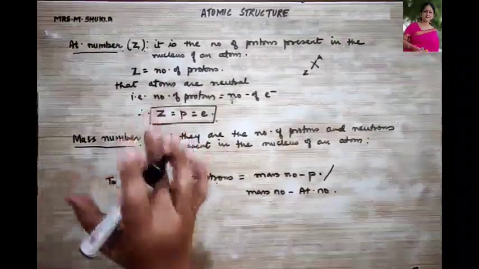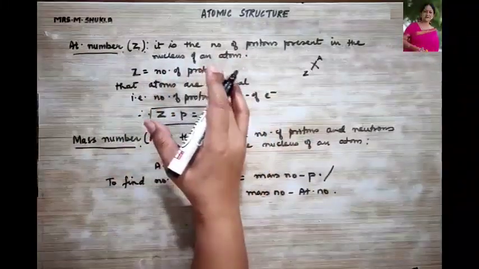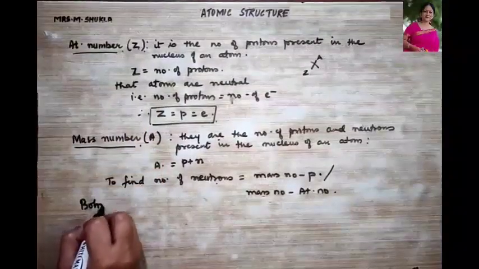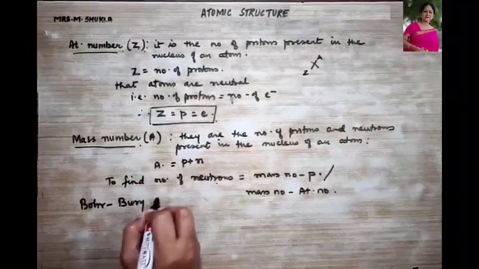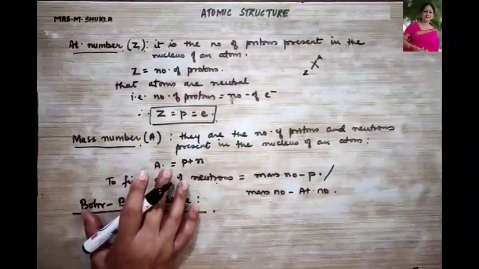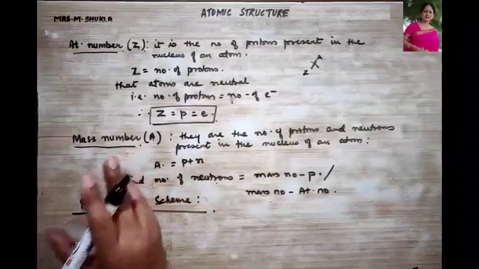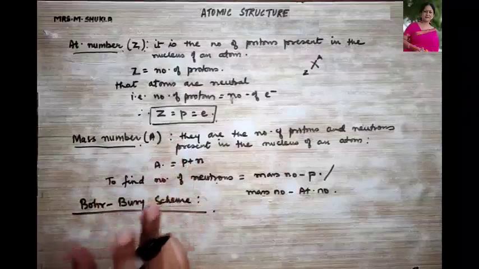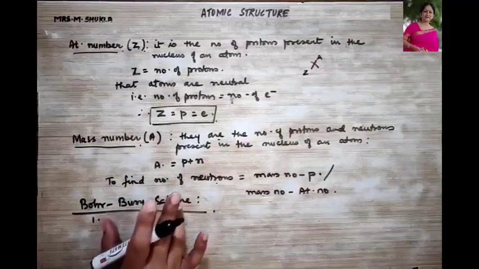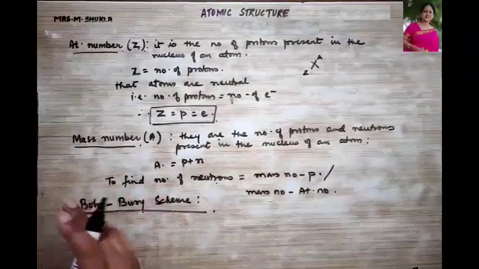Next we move to how these number of electrons are distributed on the shells. So this information was given by Bohr-Bury. Okay, so it is also called as Bohr-Bury scheme. So what was Bohr-Bury scheme? Bohr-Bury gave the distribution of electrons in the shells, you can say, or the orbits, or also the energy levels. According to the scheme, Bohr-Bury suggested that the energy levels or energy shells are filled in the order of increasing energies.